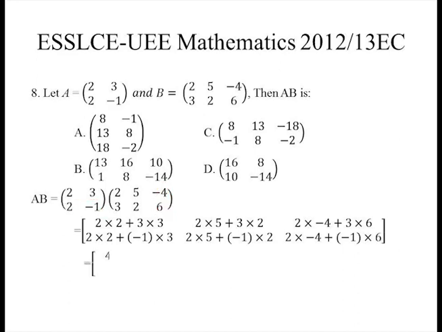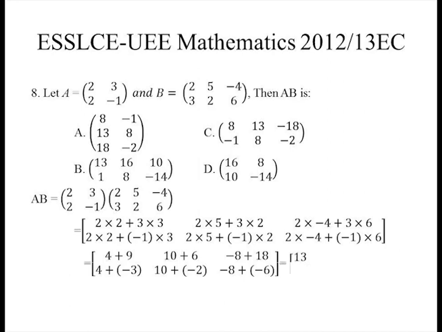2 times 2 is 4 plus 3 times 3 is 9. 2 times 5 is 10 plus 3 times 2 is 6. 2 times negative 4 is negative 8 plus 3 times 6 is 18. Second row elements, 2 times 2 is 4 plus negative 1 times 3 is negative 3. 2 times 5 is 10 plus negative 1 times 2 is negative 2. 2 times negative 4 is negative 8 plus negative 1 times 6 is negative 6,